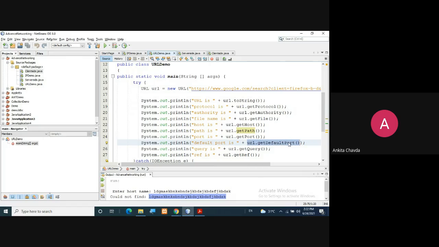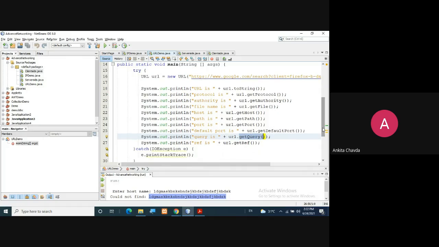getDefaultPort. Then what is your query? For that, the method name is getQuery. And if you have given any reference with the anchor tag, then you will get it with getRef. Otherwise, it will be null, right? So this is what you are getting. When we run this,